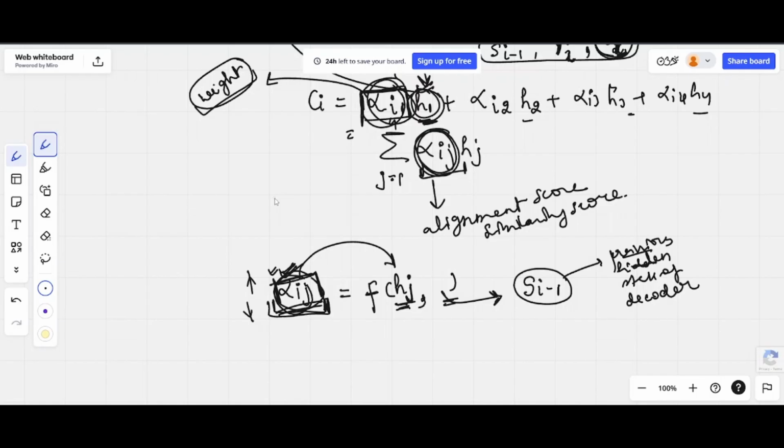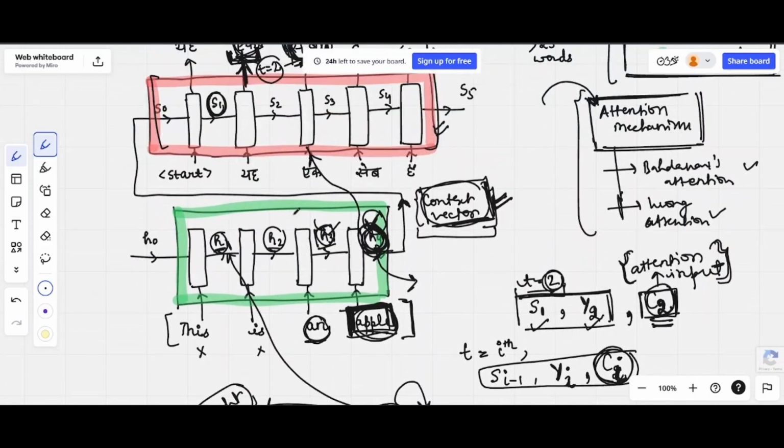Previous hidden state of decoder. Now you might be wondering why my alpha ij is depending on sij. Why is my weight, which represents how important my hidden state is in giving a specific output, depending on the previous hidden state of decoder? So the reason is actually very simple, because you see here that